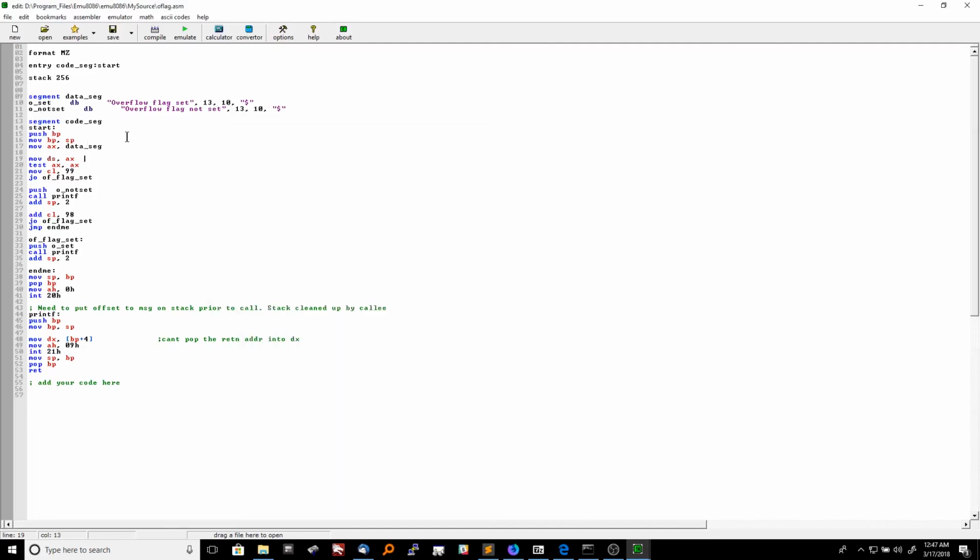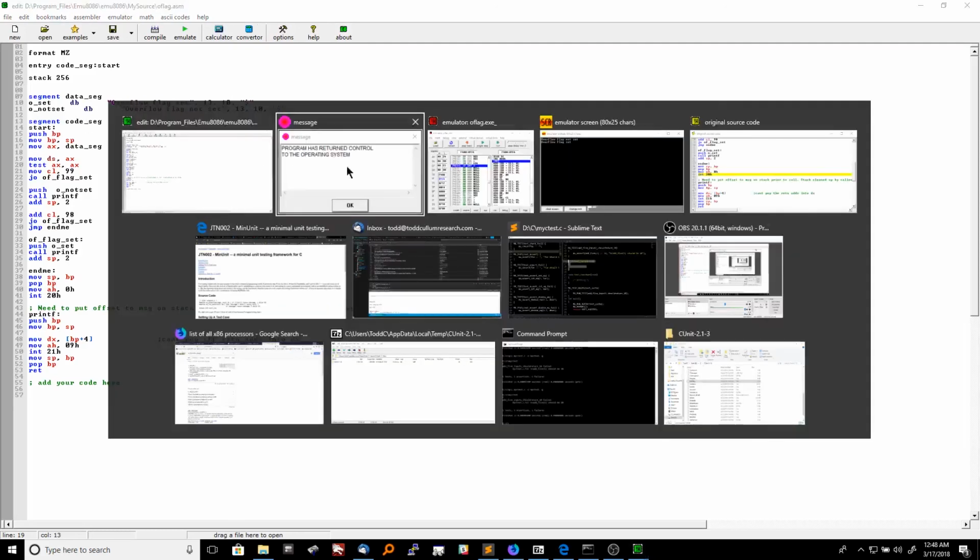So it just shows you how raw this is. We're responsible for everything. We have to tell the CPU where everything is. We have to tell the CPU how much stack space, where the stack is, where the data segment is, where the code segment is, all that stuff. And if we just start defining things and we don't tell the CPU where that is,